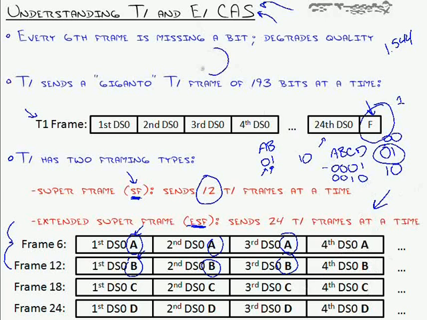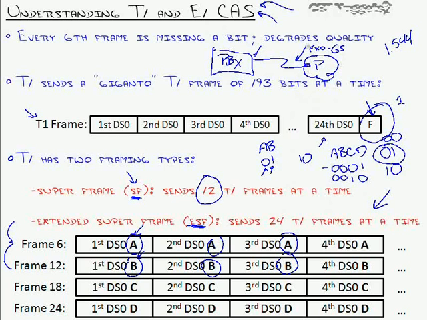For example, if I've got a router connected to a, I shouldn't even be talking routers yet, right? Hang on, routers, no such thing as a router yet. I have a PBX system connected to the PSTN cloud. Here's my PSTN. Now, if they're using FXO, we'll say ground start signaling on the PSTN, I'm going to configure my T1 CAS line to do the same thing. And based on FXO ground start signaling, now I can look it up in a reference book, and I can say, oh, well, with FXO ground start, 0001 is on hook. 0010 is off hook. I can say all those things because that's what the signaling standard dictates.